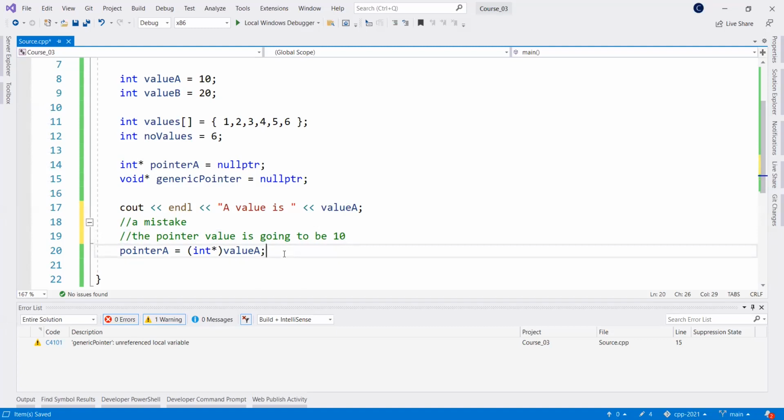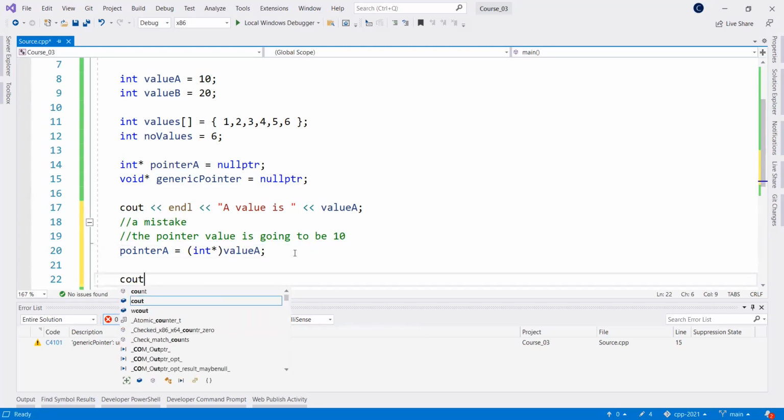So right now we use the value of A as an address, which is wrong because, like I said, in RAM, the address 10 is at the beginning, and most of the time there is reserved space for, I don't know, the kernel, Windows, and we are not allowed to go there. So if I print the pointer,